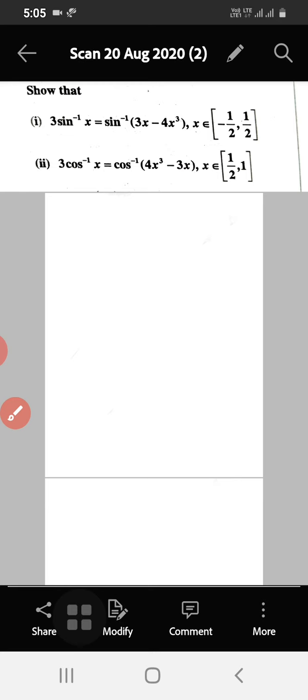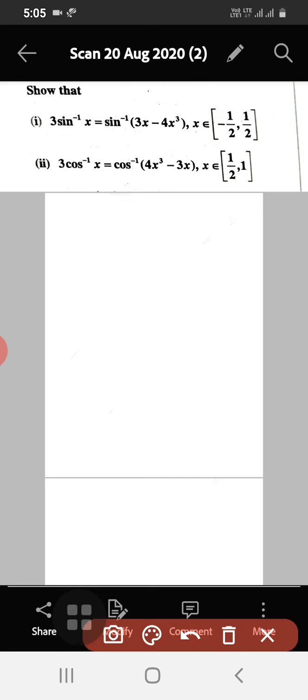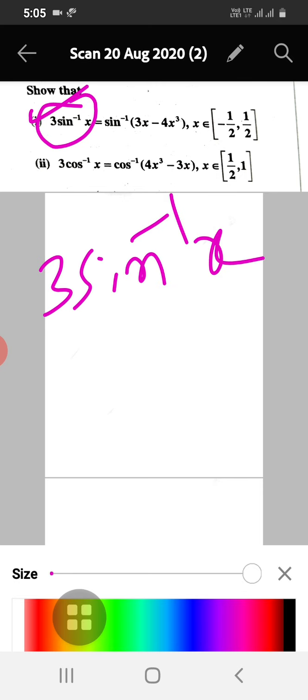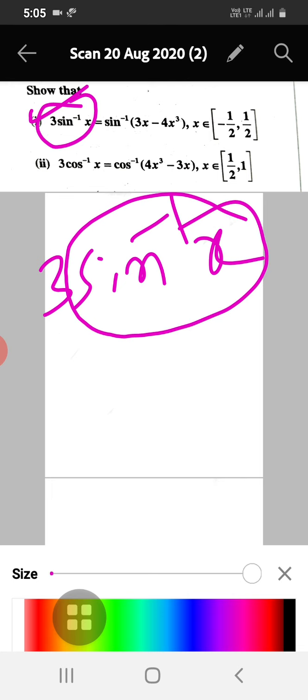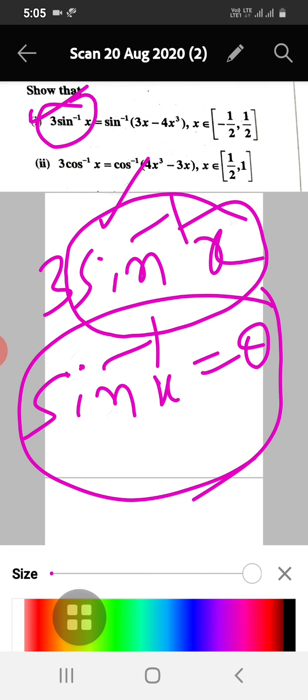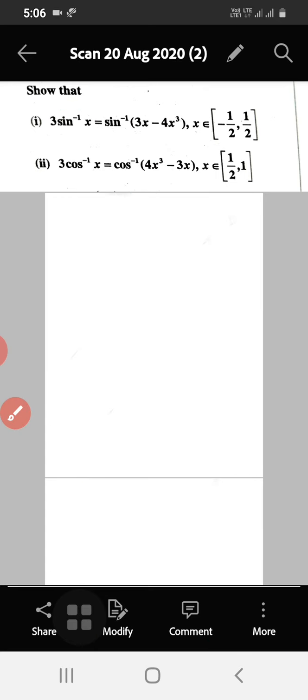Let us consider the first one here, 3 sin inverse x. Before going to the proof, see what the idea is. The LHS is given as 3 sin inverse x; I am talking about the first result. The trick is, this is an inverse trigonometric function, so we begin by taking sin inverse x as some angle, say theta. Then we will use the basic formula which we learned in first PUC. So we take sin inverse x is equal to theta.